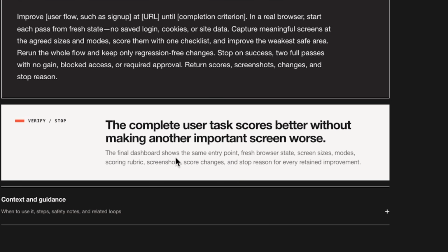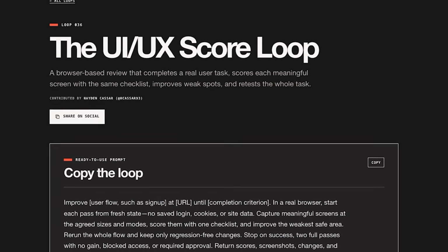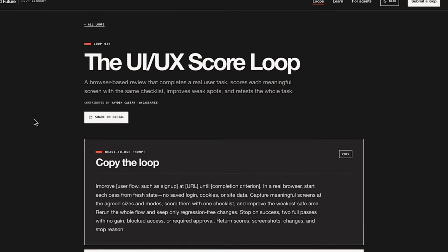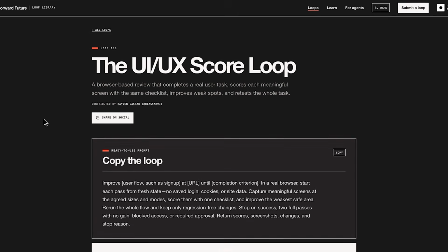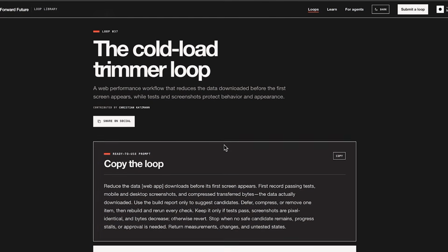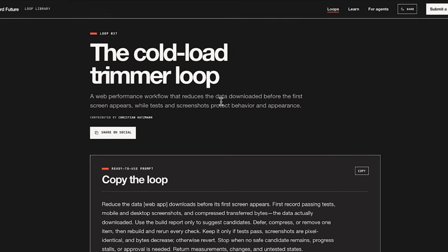The final dashboard shows the same entry point, fresh browser state, screen sizes, modes, scoring rubric, screenshots, score changes, and stop reason for every retained improvement. So this is for teams whose sign up or checkout flow feels off. So you can score every screen of a real user task against one rubric and fix the weakest spots without breaking the rest.